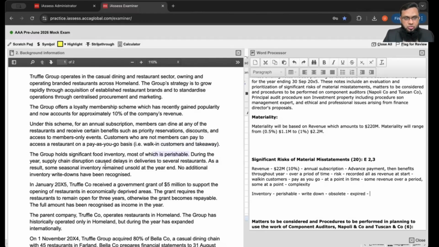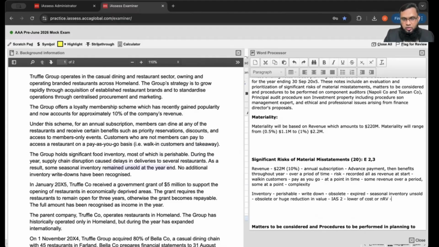Now, during the year, supply chain disruption caused delays in deliveries to several restaurants. As a result, some seasonal inventory remained unsold at the year end. Seasonal inventory unsold, which simply means that this is either obsolete or a huge reduction in value because nobody will buy out of season. So IAS 2 applies lower of cost or NRV, and write down might be needed. No additional inventory write downs have been recognized. No write down recorded. This is a clear